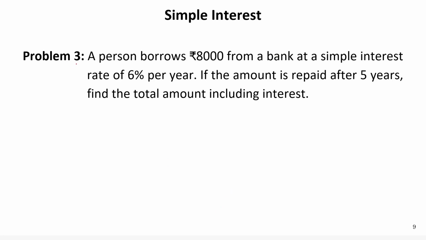So let's see problem number 3. A person borrows 8,000 from a bank at a simple interest of 6% per year. So SI is equal to, so this is the principal amount, 8,000 into 6 into, so if the amount is repaid after 5 years, then find the total amount including the interest. Given that the total amount was repaid in 5 years, so time was 5